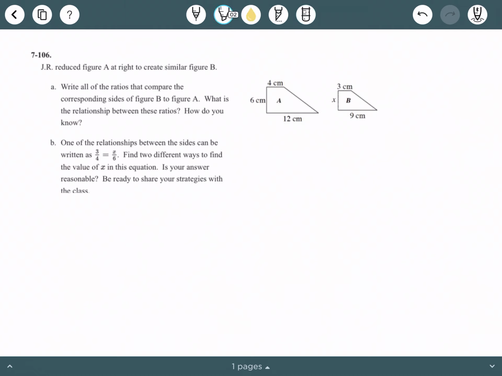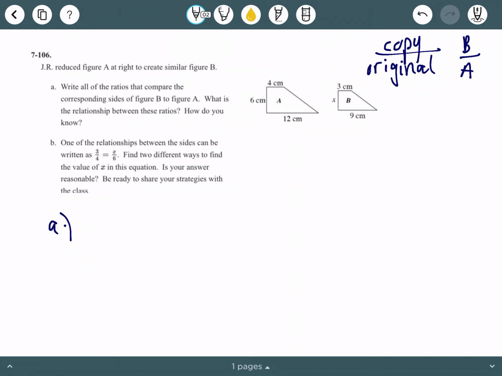So we know when we do this, they're saying figure B to figure A. We know it's always copy over original, which means we're doing B over A in this case. So for part A,